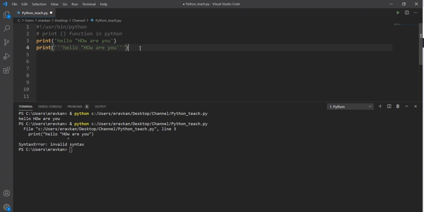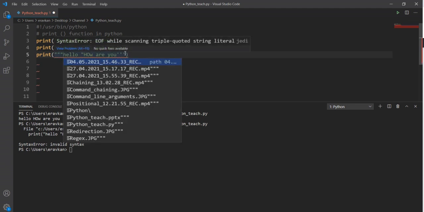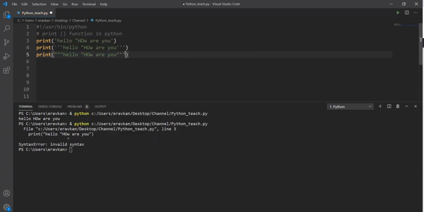And one more thing you can do, you can use triple double quotes also. So in this way you can do it. The main purpose is that the quotes you are using should be different from the outside operator. So let me run it.